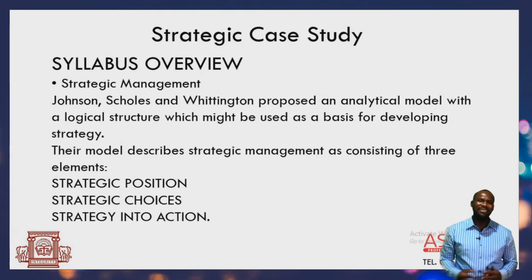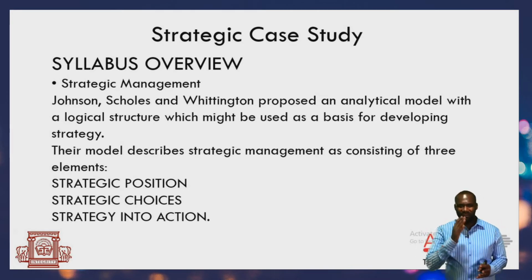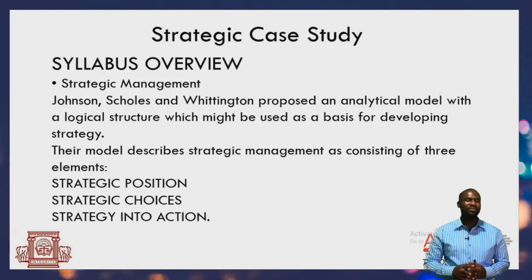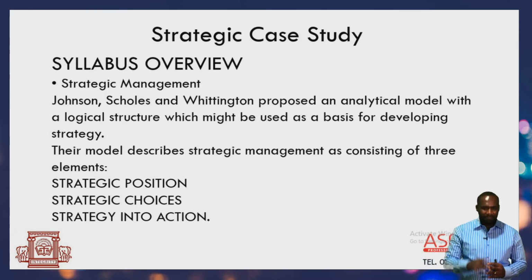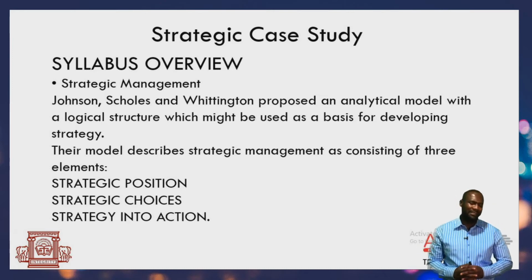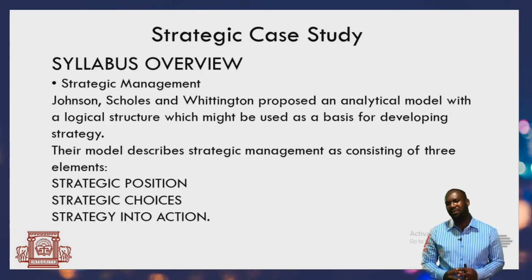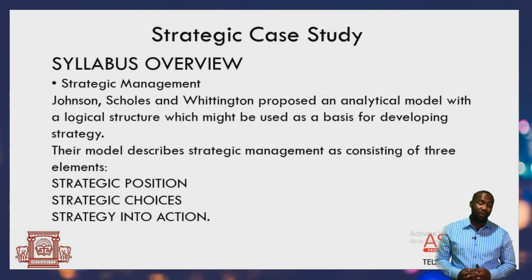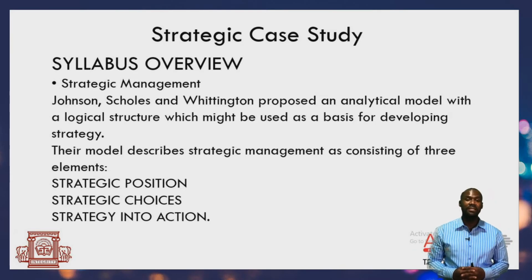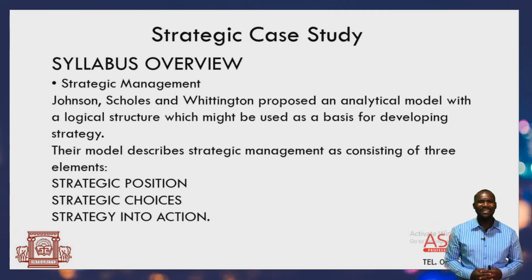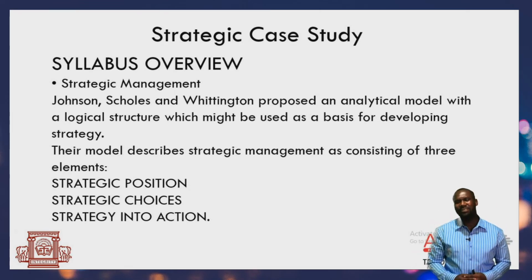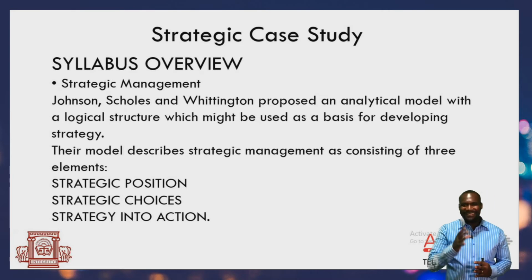And the model says that for any student who wants to develop strategy, you must follow three processes. You must determine the strategic position, make your choice, then what? Implement. Determine the position, make your relevant choices, or some other people call it options, and then implement, which we call strategic action. So basically, we shall be guided in all our lectures by this analytical model provided by Johnson, Scholes and Whittington